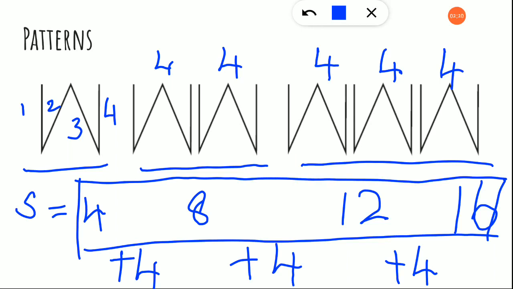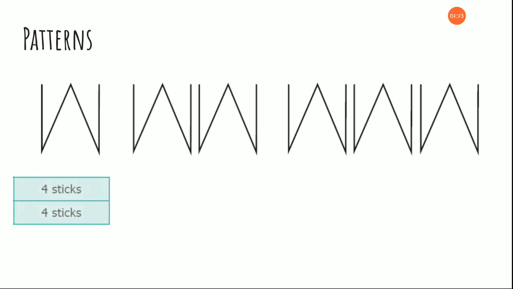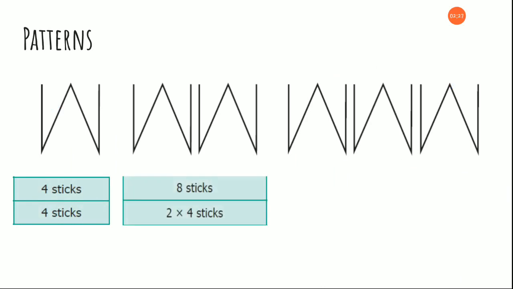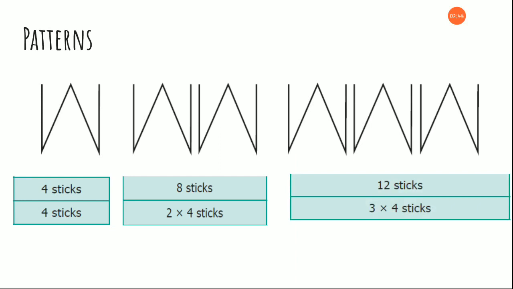Okay? Are you following? Now, see here, the first W has 4 sticks and then the second one has 8 sticks, and this is given in the form of multiplication, that is 2 into 4. Okay? You can also add plus 4. Plus 4 also gives the same, that is, multiplication is repetitive addition, right? So we can use multiplication also. See here, 12 sticks and we need 3 cross 4. Clear, children? So this is a pattern. Pattern means a shape is going to be repeated.